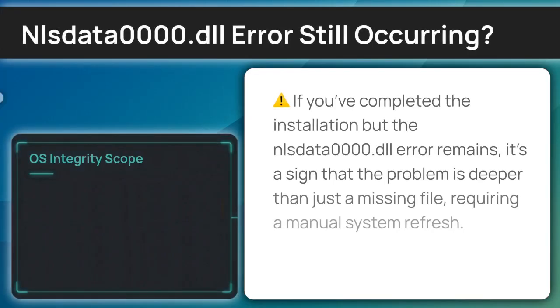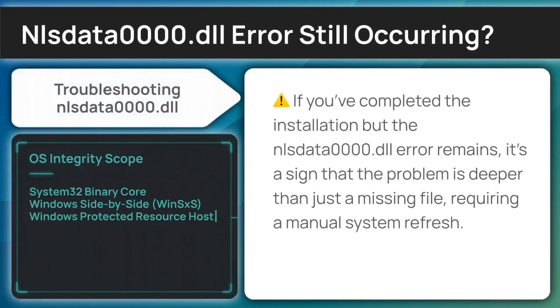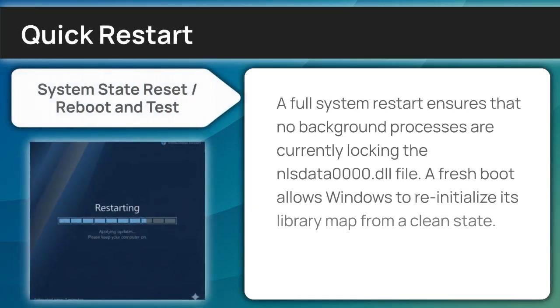If the application still won't initialize, we need to shift our focus to how the Windows loader is interacting with the library. Performing a restart can determine if the error is just a transient environment glitch. A reboot refreshes your system's path variables and can sometimes reestablish a broken link to the